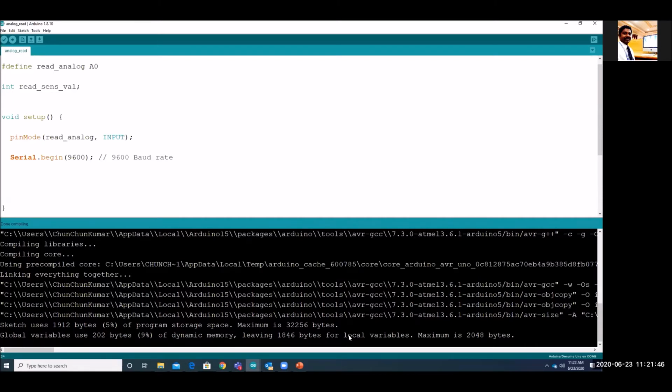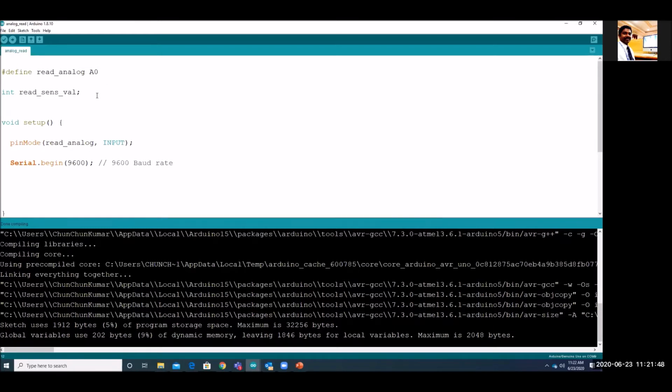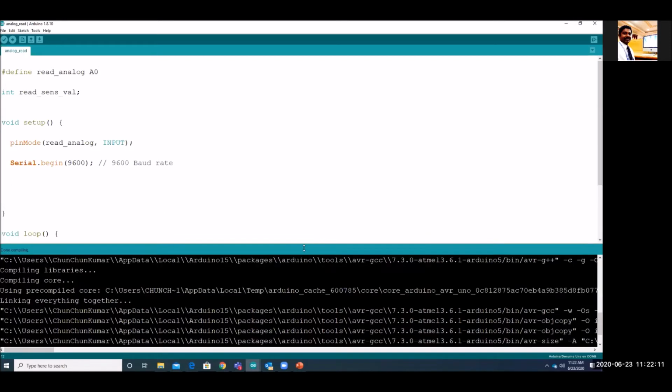While declaring global variables, you have to be careful how many variables you are using. The maximum is 2048, which is around 2 KB, and we are using 9% of the memory. So these things we have to keep in mind while programming the microcontroller.